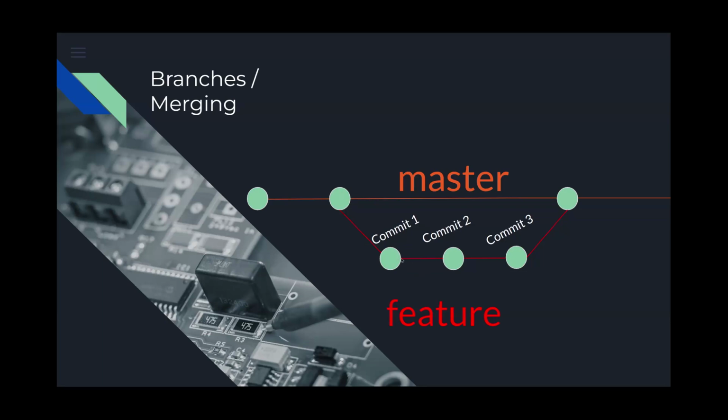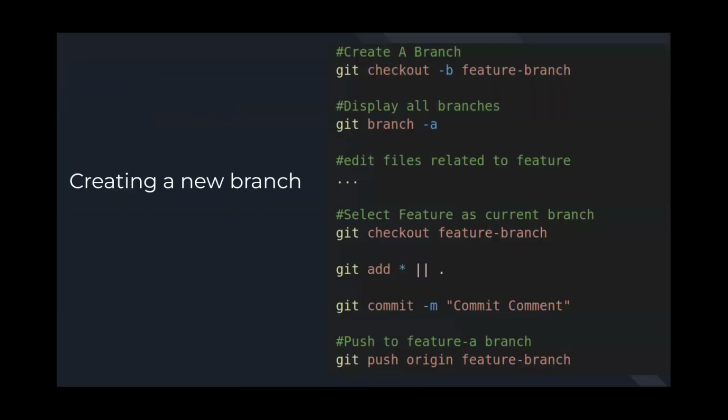So say you work on your 3 features and you say, this is good, this is done. What you want to do is pull master again to make sure any changes in between the time where you started your feature and when you finished your feature are updated and they actually could jive well with that master branch. And then you will commit it and merge it back into master there. And we're going to talk a little bit about how to go over that.